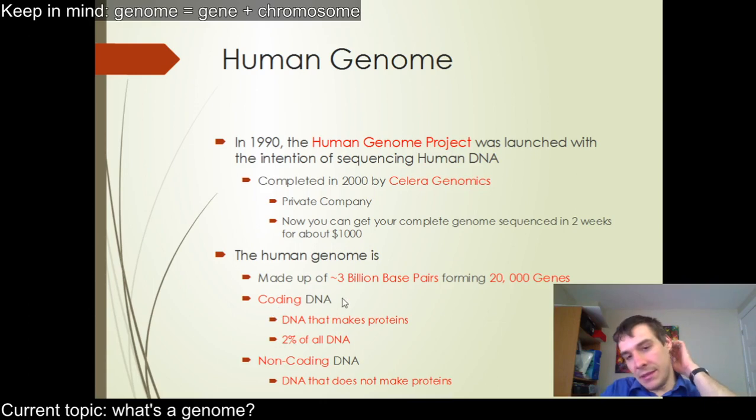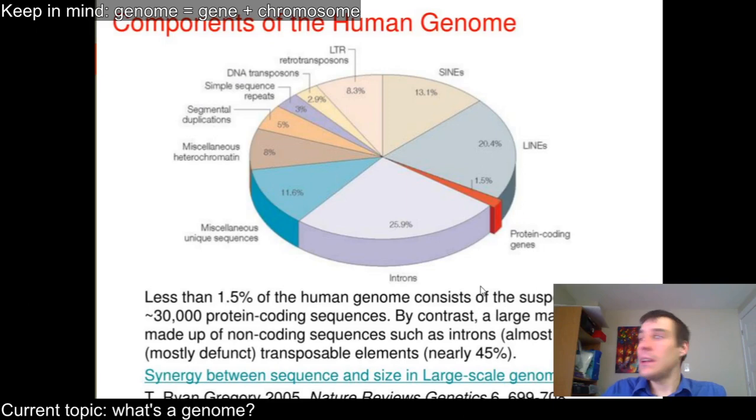So that's made up of coding DNA and non-coding DNA. Here you see the same figure from last lesson. Less than 1.5% of all of the genome, this is all 3 billion, actually codes for protein. Everything else just kind of codes for random stuff, but it's still part of the genome, and it still had to be sequenced. This red part tends to be really well conserved, because if you screw up a protein,